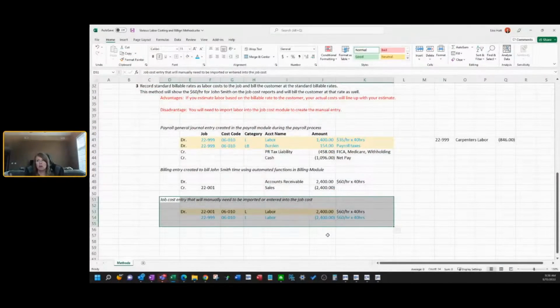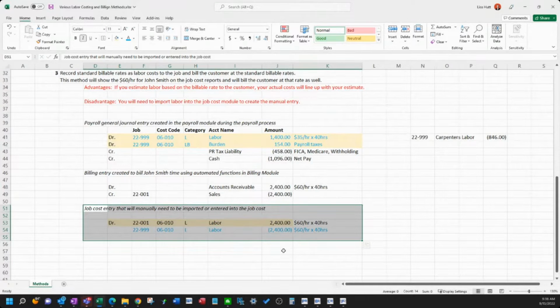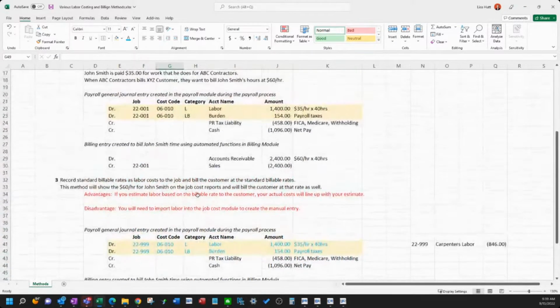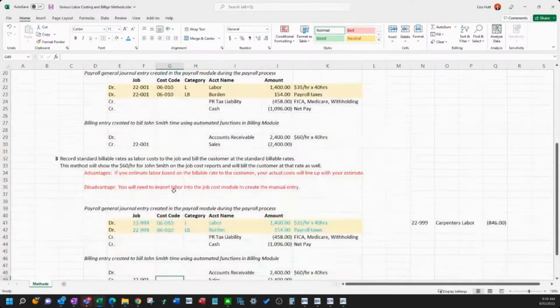Then you go into the Job cost module and do an import as well. The Excel file gives you the information, and it's kind of like a template. Whatever time record keeping system you have, you'll take that data out of there, plunk the time by employee in, and the rest is done here. That's the gist of it. If this is something your company is interested in, we would go through the file with you, show you how it works, and walk through what is the best case for you, method 1, method 2, or method 3.